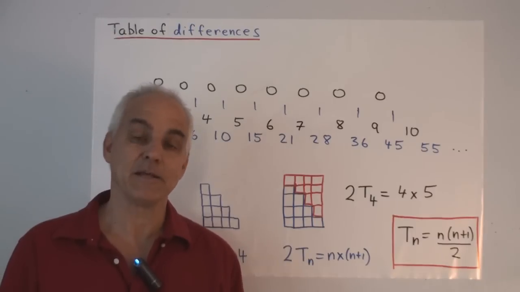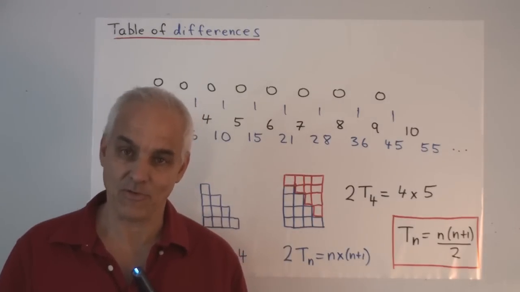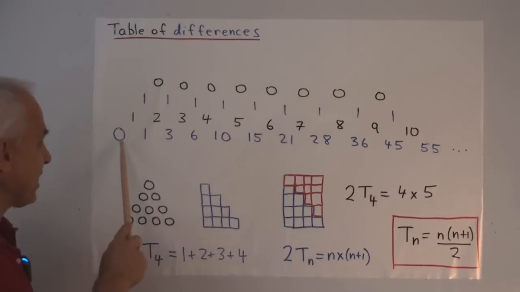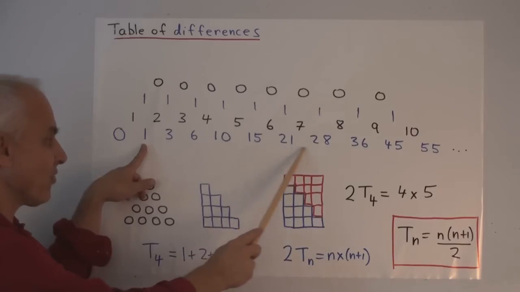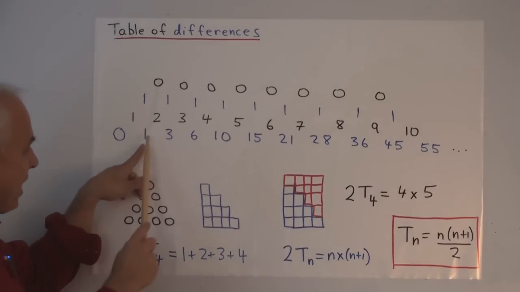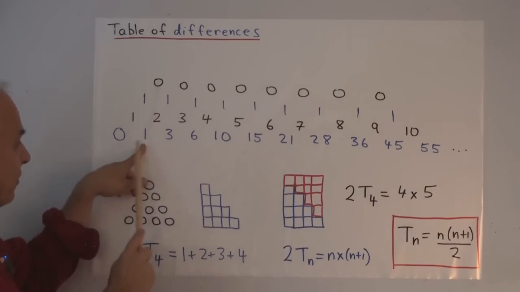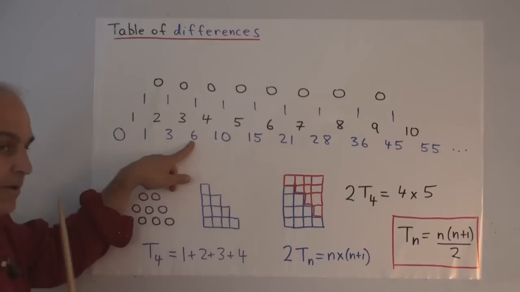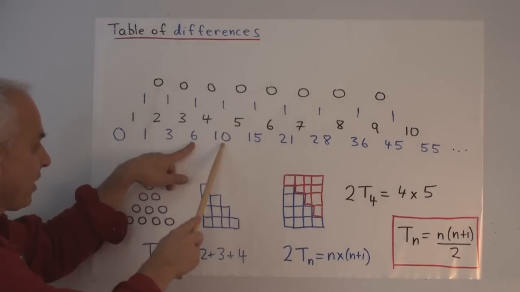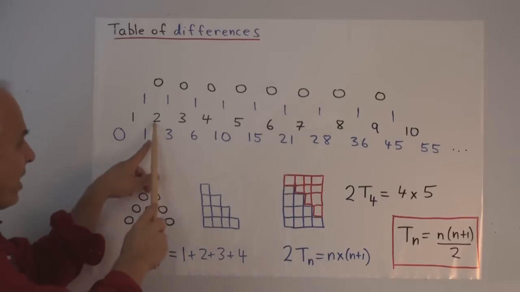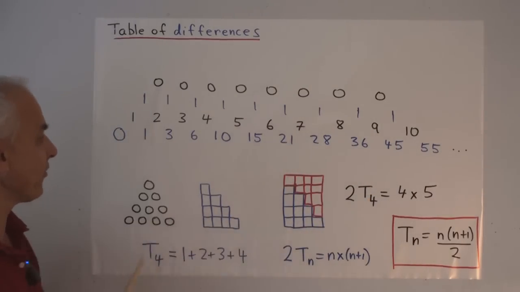Here's a way of analyzing patterns of numbers in a more general way, which applies also to other interesting sequences or patterns. We write down the sequence, starting, say, with 1, 3, 6, 10. These are our triangular numbers. And then above any two of them, we write what the difference is. Difference between 3 and 1 is 2. Difference between 6 and 3 is 3, and so on. Or to put it another way, we write how much we have to add to this one to get to the next one. And we've seen already that these differences increase linearly. They go through all the natural numbers.